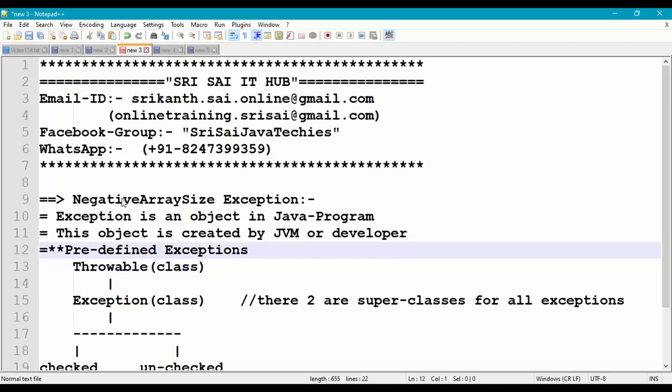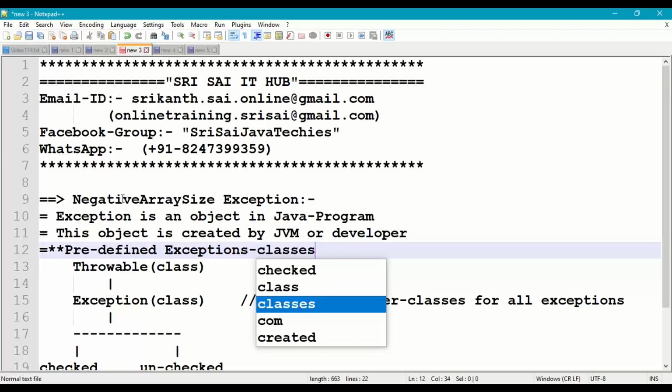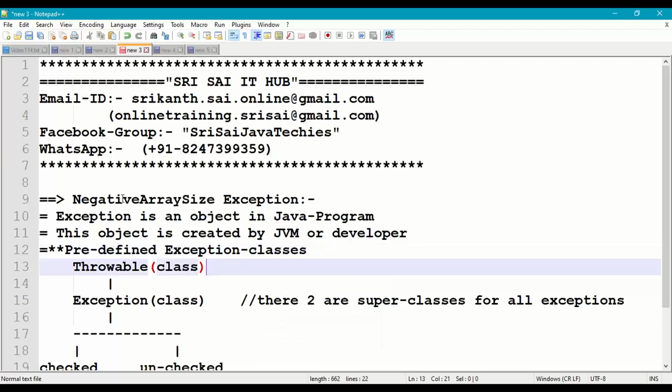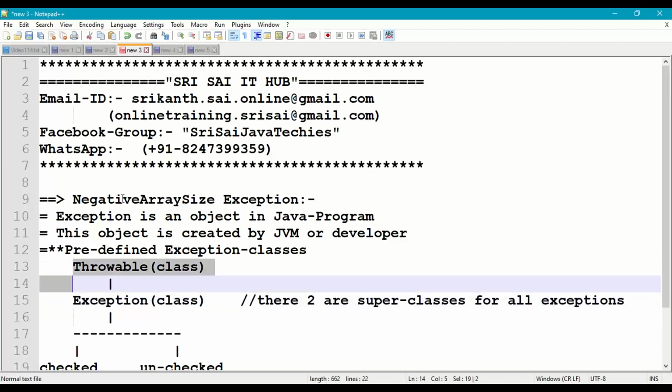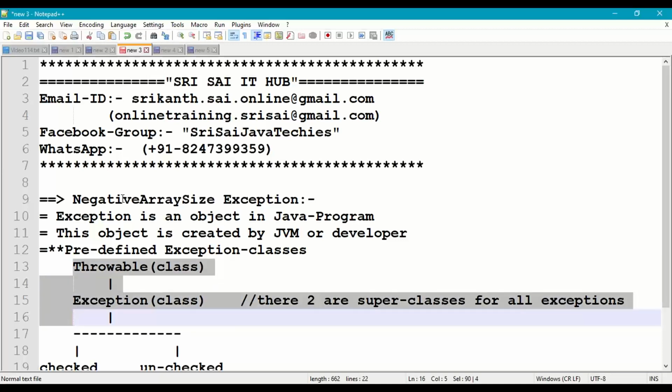So there are some predefined exception classes, like we have Throwable class at the top of the exception hierarchy, followed by Exception subclass. These two are super classes for all the exceptions, whether it is predefined exception or user defined exception.